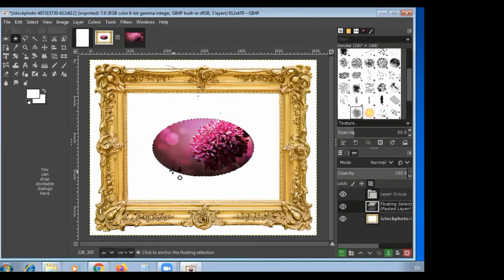When you paste an image, a temporary layer, which is called a floating layer, is added to the layer panel. As long as the floating layer persists, we can work only on it. But to work on the rest of the layers, we must anchor the floating layer to the former active layer. So click on the anchor icon. It anchors the floating layer to the current layer. The anchor icon will be here.